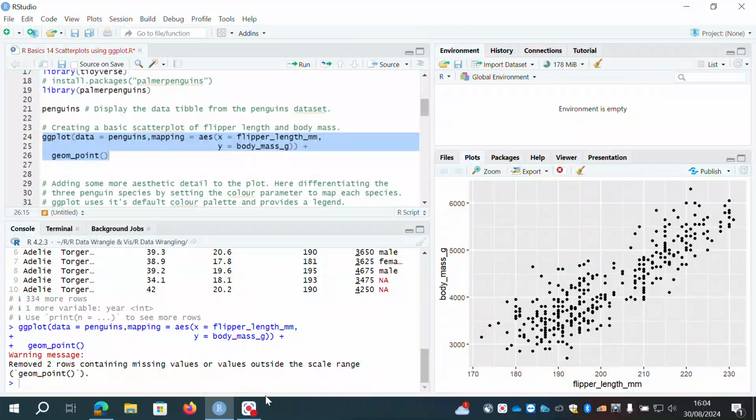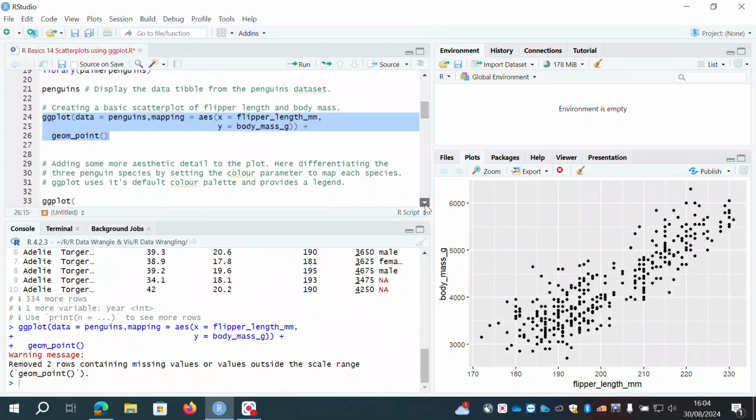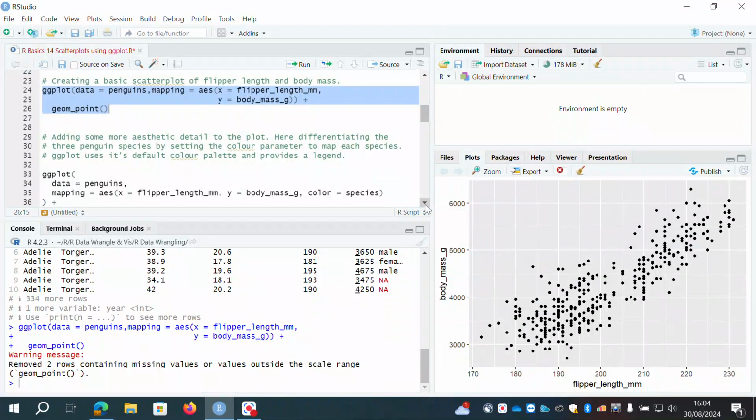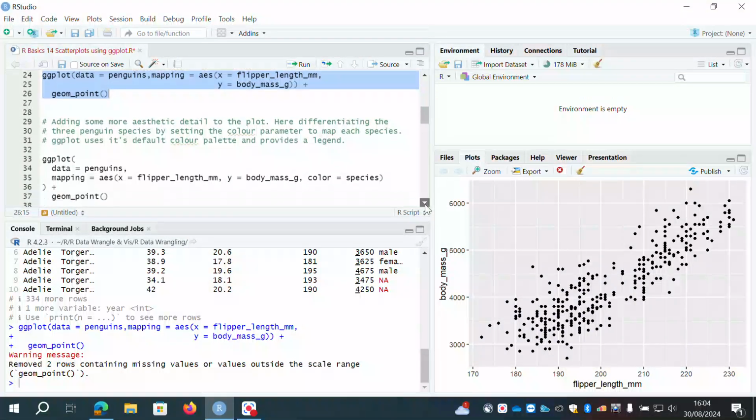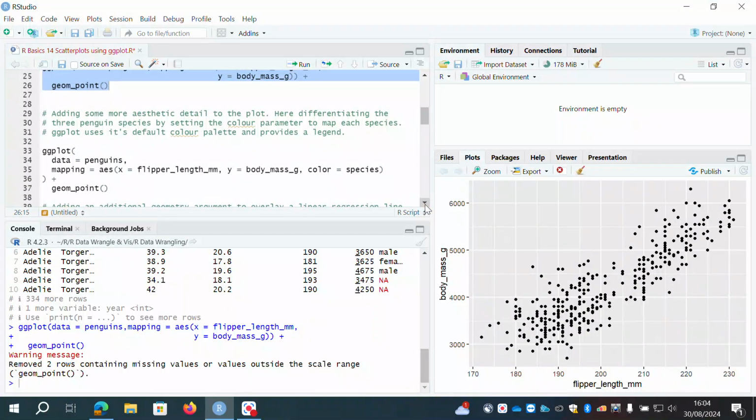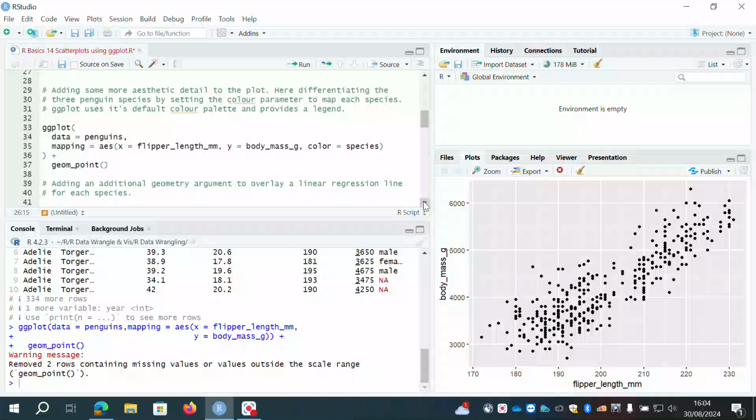But we could add some aesthetic detail to this plot to make it more informative. We could differentiate between these three penguin species by setting the color parameter to map each species separately. Okay, so if we do that, ggplot will just use a default color palette and it'll provide us with a legend as well. So in this data set, if we look at our plot, all these black dots, there are three hidden in here somewhere. There are three different species, and we can use this color argument to represent the species by different